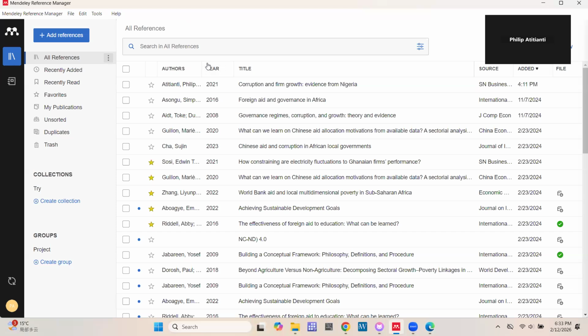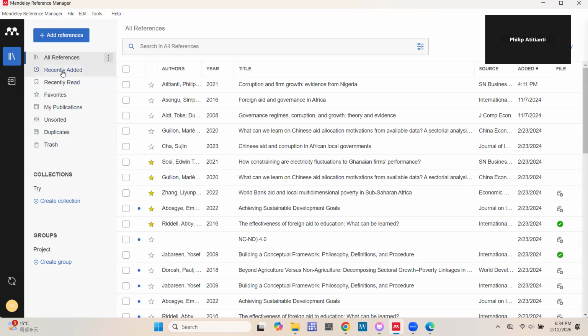Okay, so now the first thing we want to do is just to have a quick glance. So once you have these 3 items, I think you are good to go. So add references basically is the tool that allows you to add files to your Mendeley account or Mendeley desktop reference manager. And then as we add, I'll be explaining all these functions, all these tools, what they do.